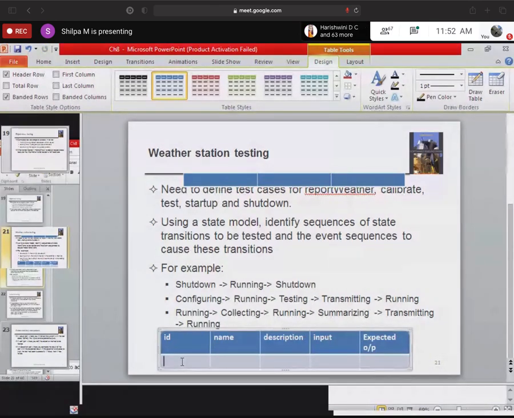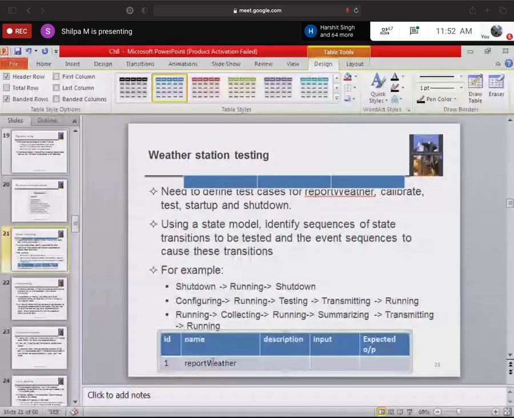Let's say, for example, one ID is 1. Then I have a name known as report weather. Description, something I will give.